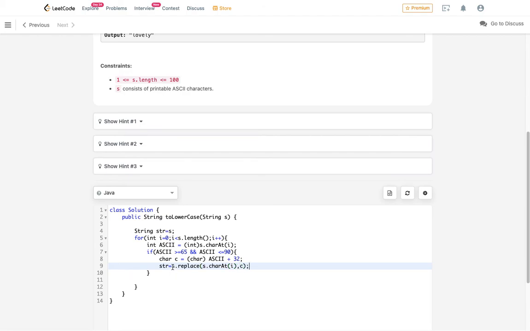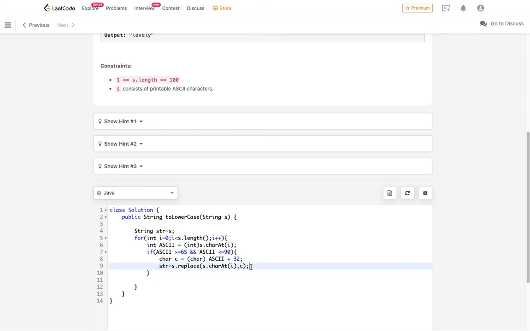So what I have done over here is, there are two arguments in this replace method: first, what you have to replace, and second, what you have to replace it with. Initially I have to replace capital L with small l. So where will I get the capital L? I'll get the capital L at position i of that string. So I'll replace it, and this function returns a new string. That's why I have stored it in str. Okay, means I have created a variable str.